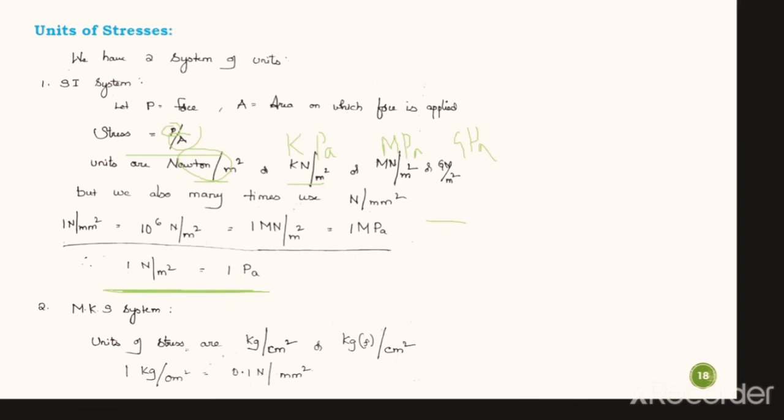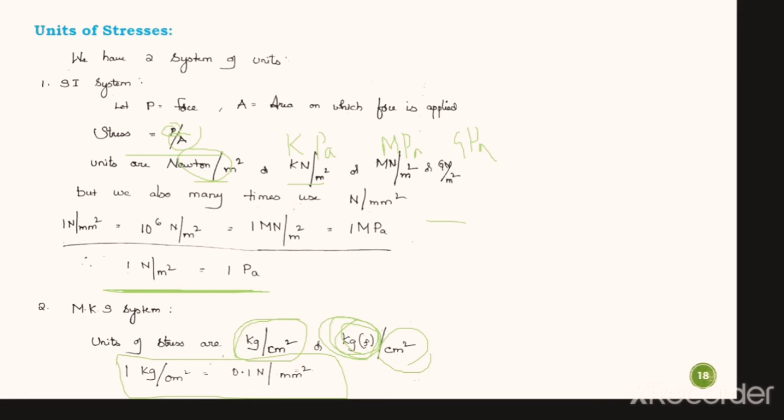We have also another system of units, MKS. We are not using that system nowadays. Okay, it is outdated, but just try to know that, because sometimes you may be given problems in terms of these units. So remember that. So stress is force by area. We denote force with kg force, kgf. Below, the area as usual can be centimeter square, meter square, mm square, anything can be written. So this is the relation